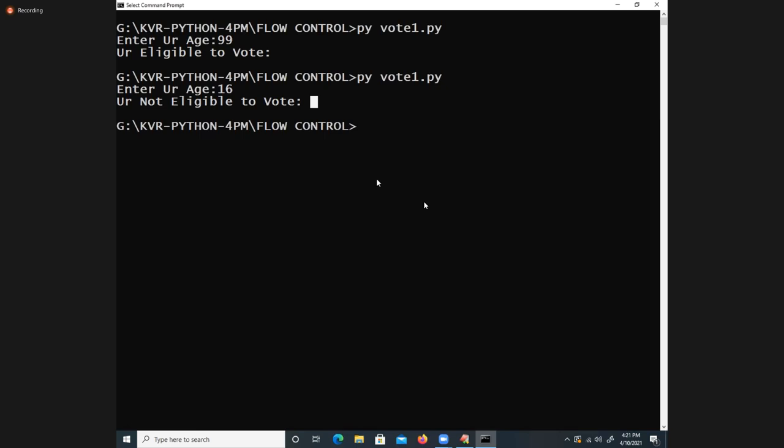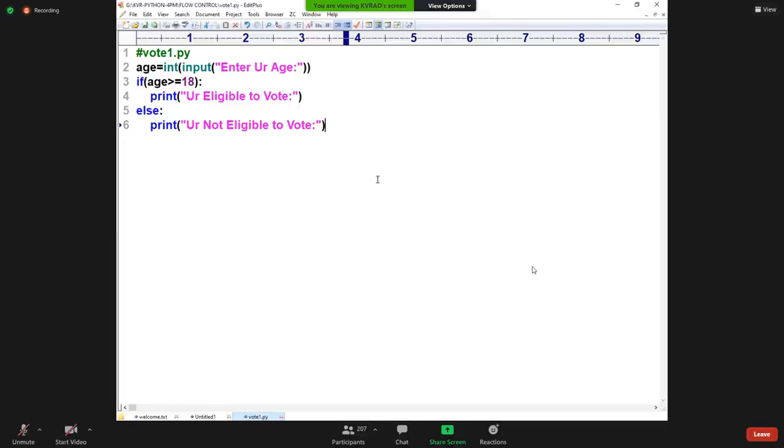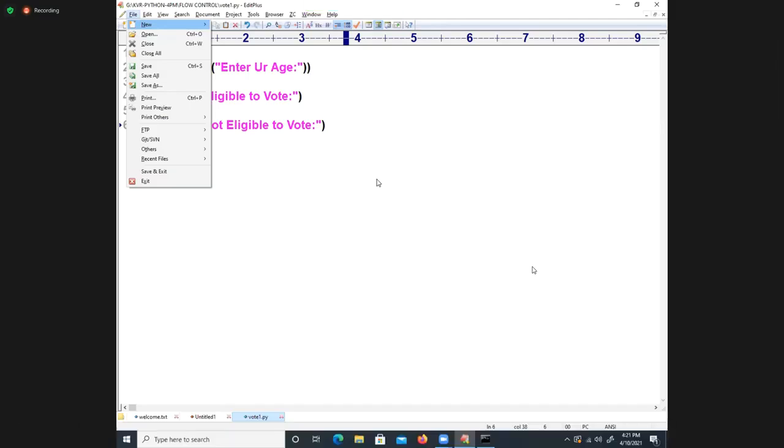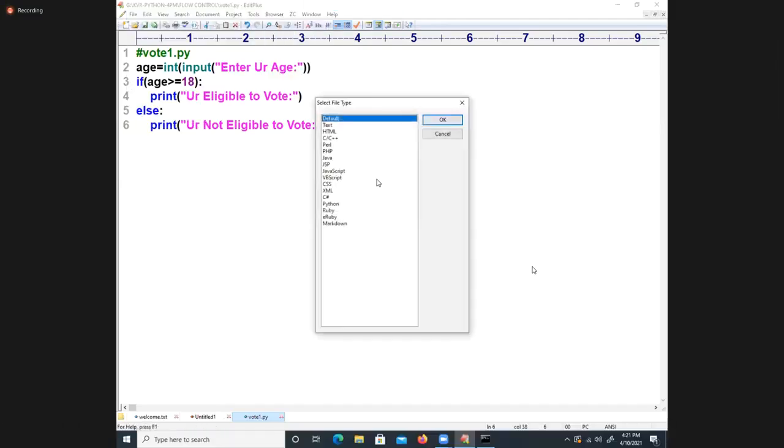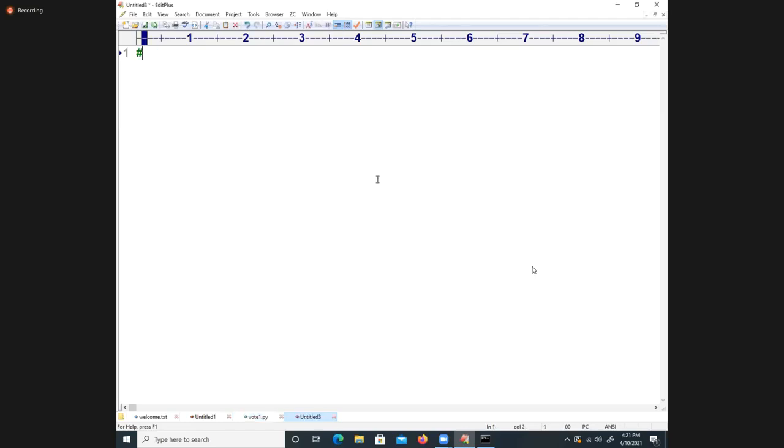Let us go to Python here. Now I am taking vote2.py. Now take the age. So how do you take that age? First of all, we already had a discussion saying that we need to ask continuously. That type of logic I want to write. For that, see what I am doing.